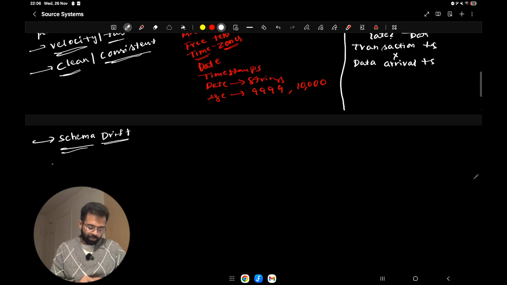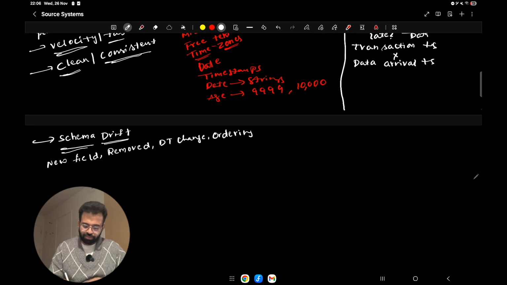For example, a new field might have been added, or some field might have been removed, or a data type changed, someone changed the data type from integer to decimal, or string to varchar, or even the ordering of fields. Let's say one of the fields is in column index 1, but then it changed to a different index, that also might cause issues. So you need to know that.